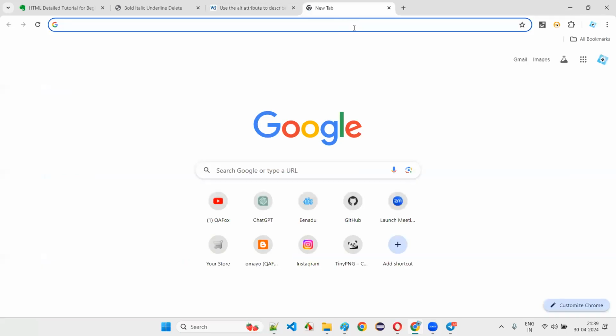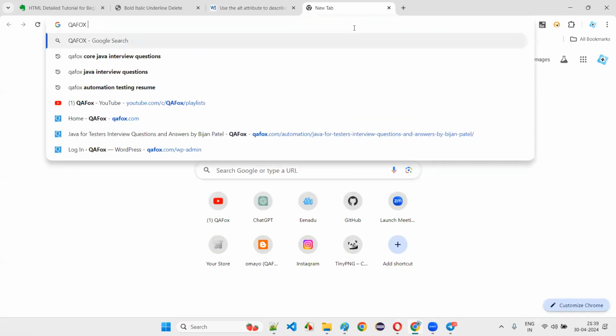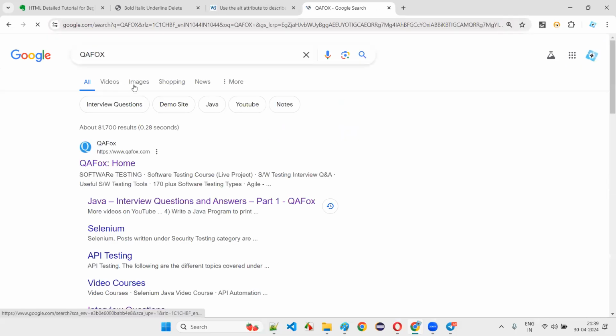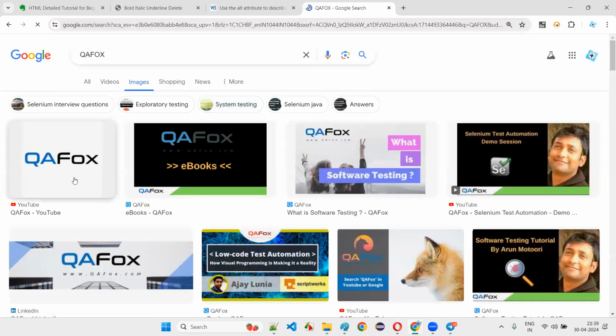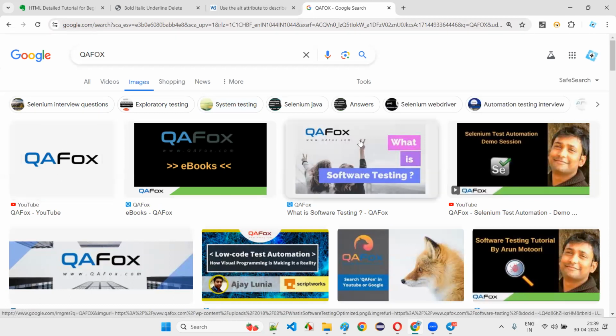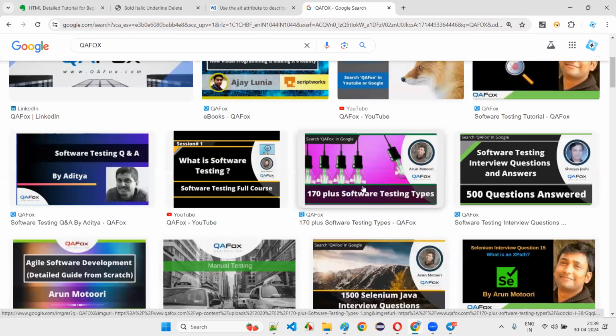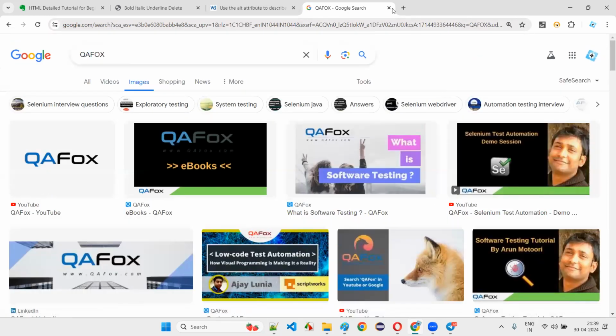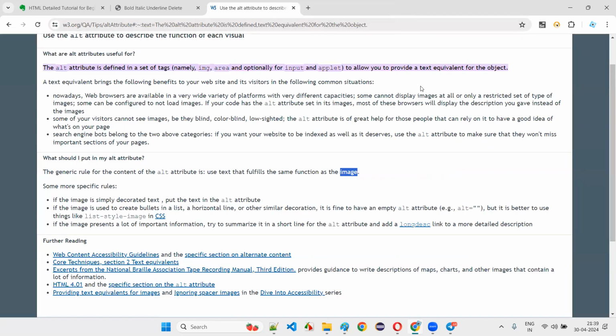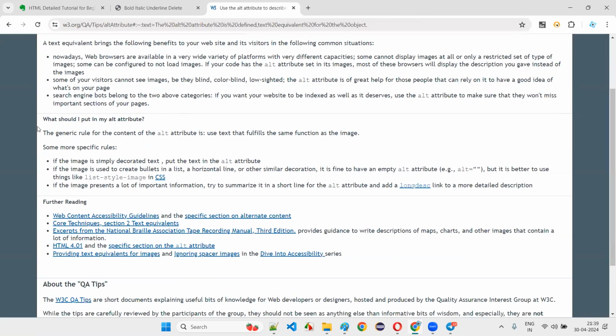If you search for some image, let's say I want an image related to QFox, I'll search for QFox and go to images. Let's see what images are coming here. The QFox logo is coming. How has this logo come? Because somewhere here I have provided alt or something. Because of that it is coming. QFox related images that Google has found for me means there is a possibility that I have used alt there. Because of that it is able to give me the search results of images which match the search term that the user has given in the Google search. There are many things. If you go deep, it's a very big subject.